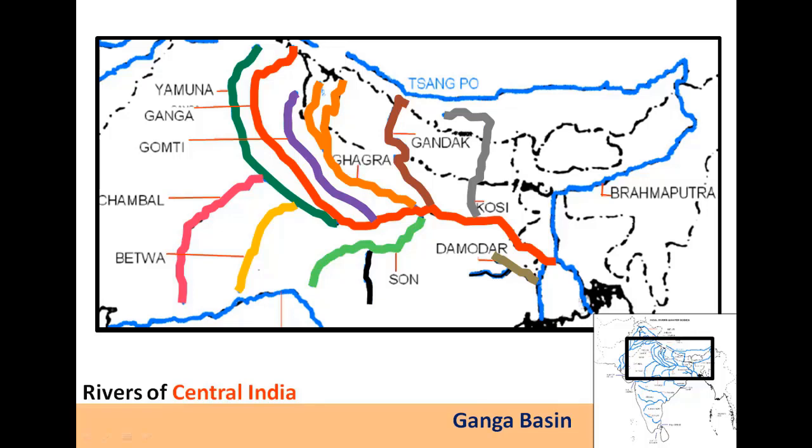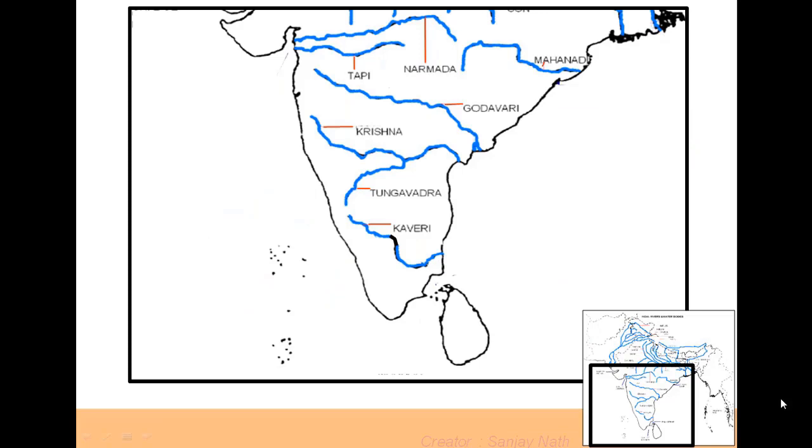One more river, named Brahmaputra, originates from the Chemayungdung glaciers in the Kailash range in the Himalayas, Tibet region, and it enters into India from Arunachal Pradesh. Finally, the Ganga and Brahmaputra rivers drain into the Bay of Bengal. These are the rivers of northern and central India. The third group of rivers is the Peninsular region or the Peninsular Plateau region.